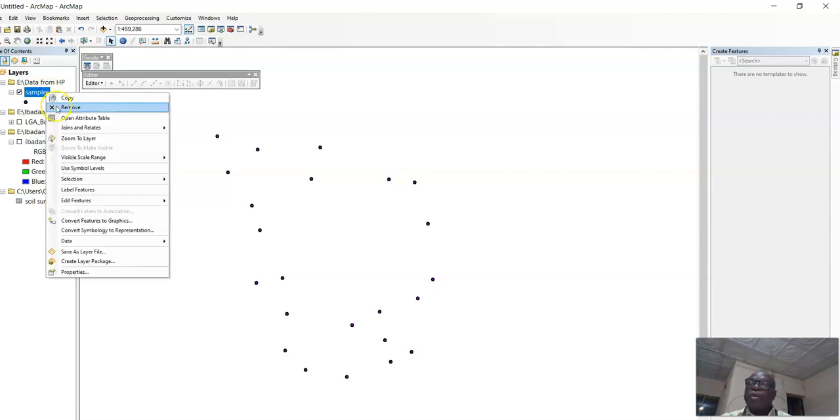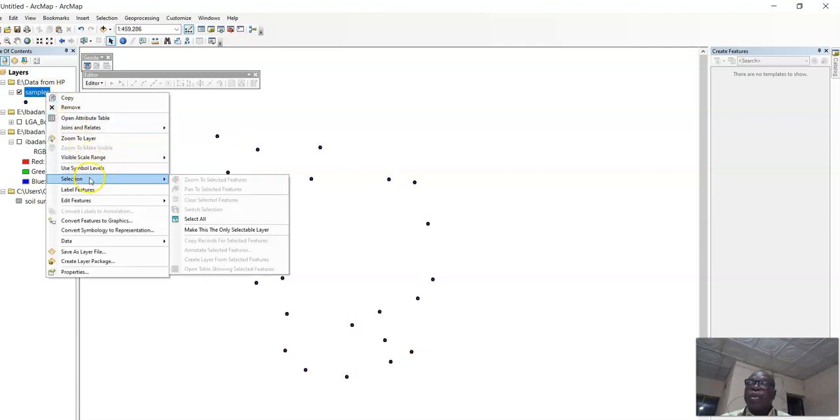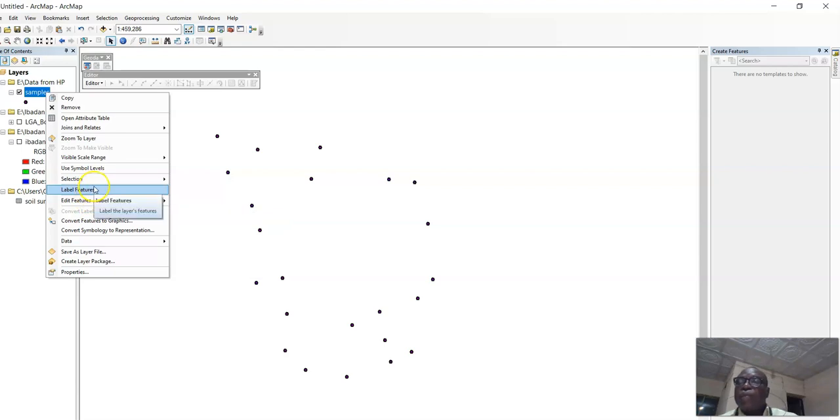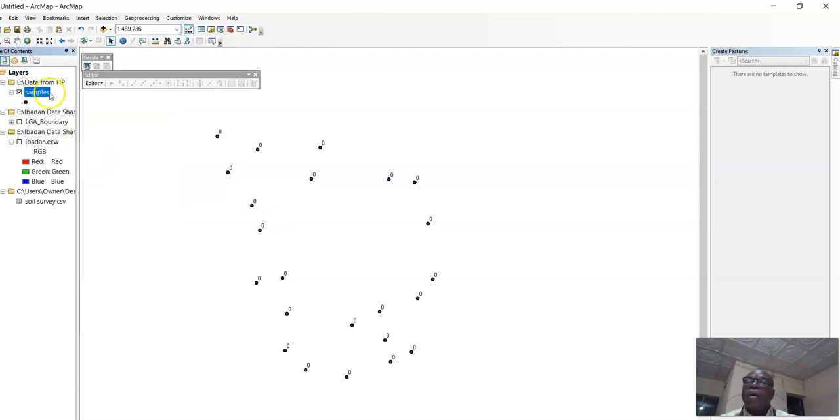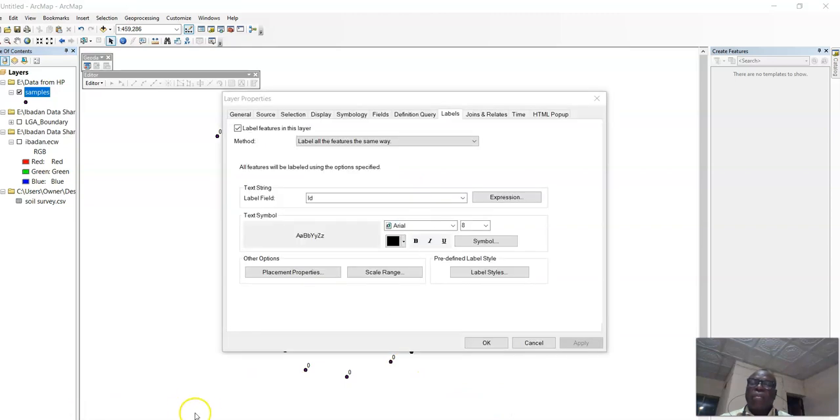If you label features, the locations of those samples, let's check the names of those samples. You can use the name to label the sample, and when you do, you can actually see where the samples are located.